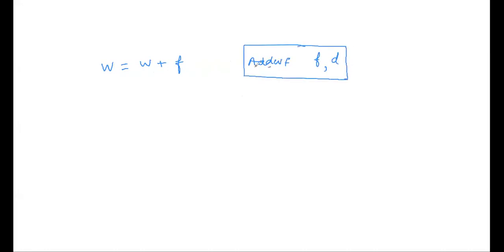So what do I mean here? It simply means you can write W is equal to W plus F. So here W means accumulator. You are writing the instruction add WF F comma D. So what is the meaning of this instruction? You are adding two operands. One is accumulator. After addition, you pass on the result into the accumulator, and you add accumulator plus the F. F means a register file, name of the register.